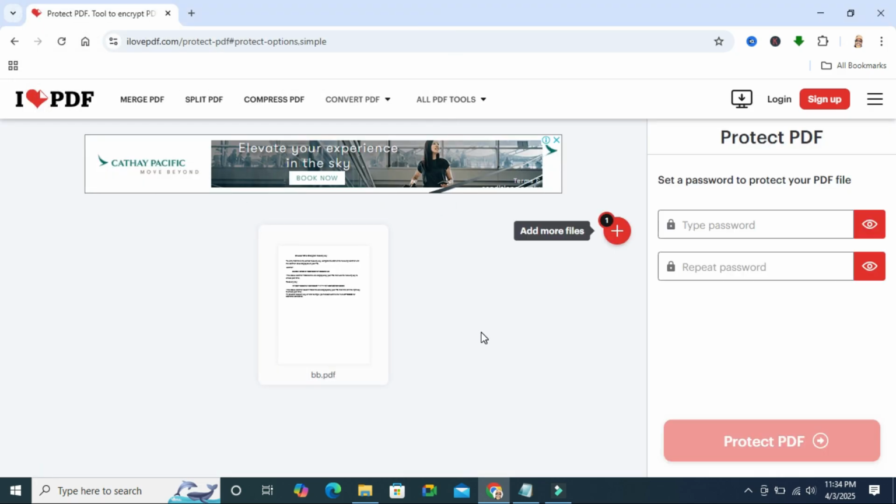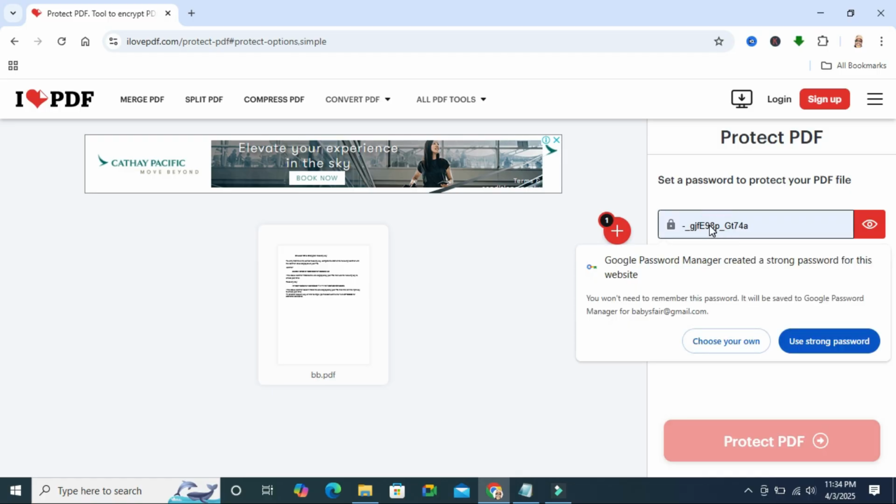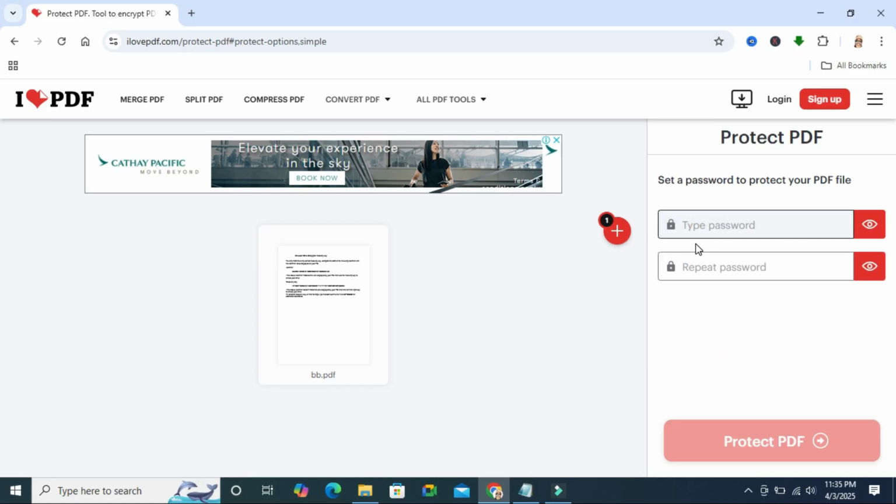The PDF is uploaded. Here you will find set a password to protect your PDF. Type the password here. You can select use a strong password or choose your own. I am selecting choose your own and I'm typing my password and then repeat password. Now click on protect PDF,